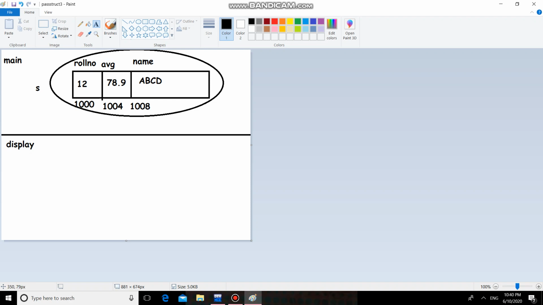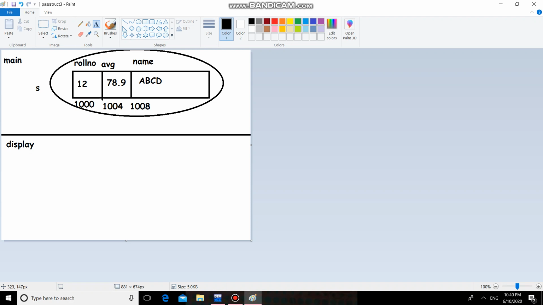The same way ys dot avg will take 4 bytes: 1004, 1005, 1006 and 1007, and we refer to the block by the address of the first byte, that's why 1004. And ys dot name will take 10 bytes, so there are 10 addresses, and 1008 is the base address of that name array.